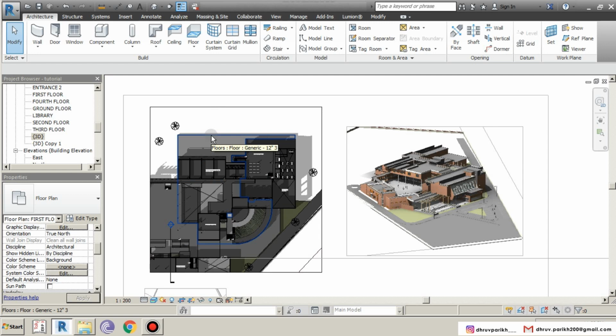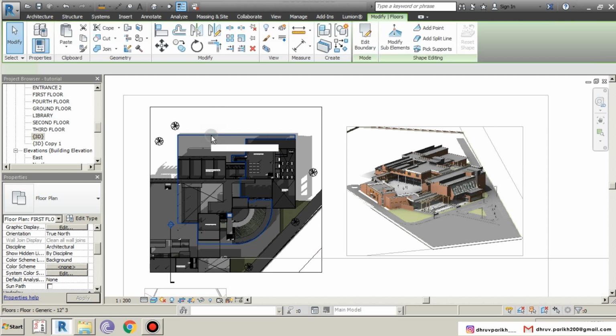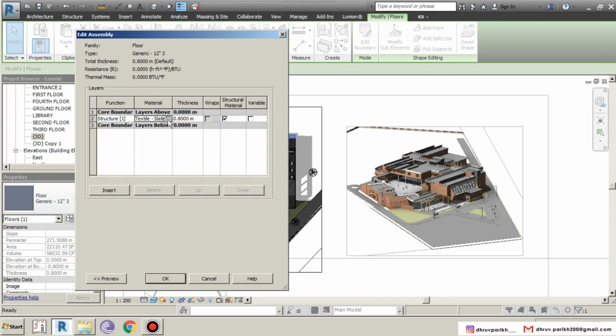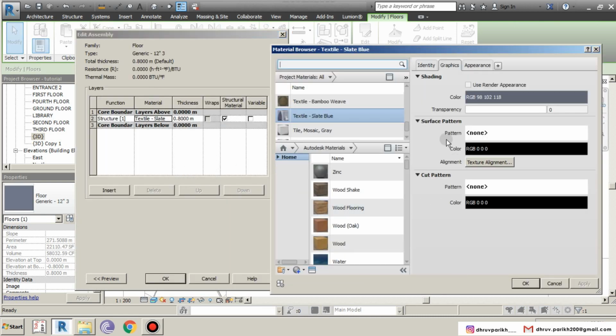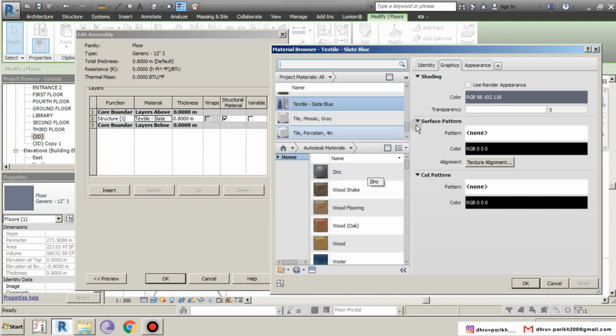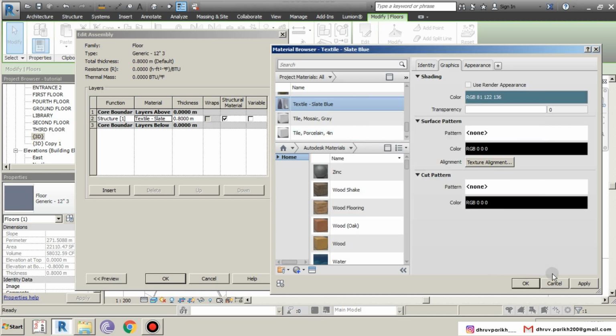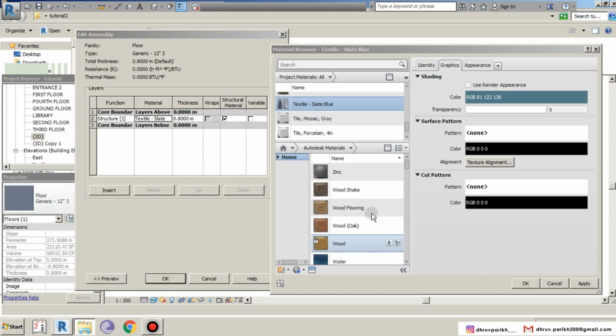So how you can change the color, I will show you of this floor. Select that floor and go to edit type, go to edit, go to material, and either you can change the material or you can change the graphic values. So I'll change this color to maybe this color. Apply.